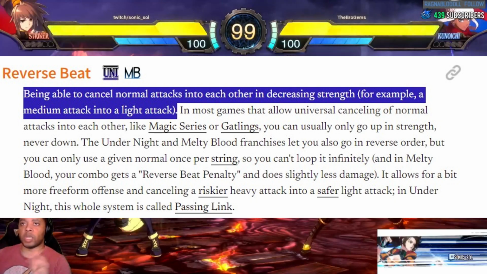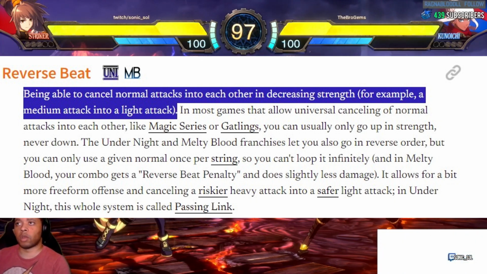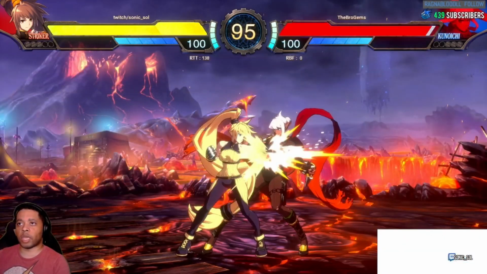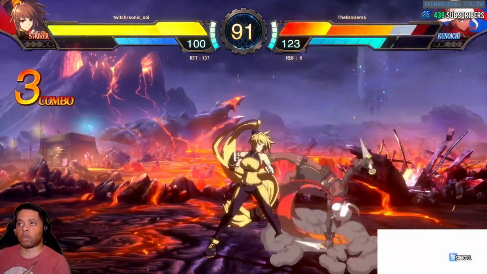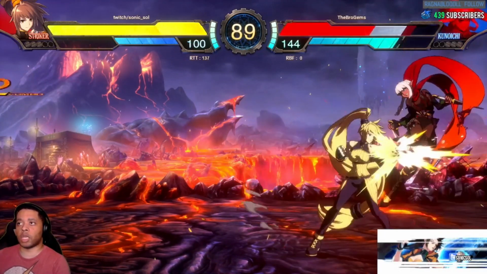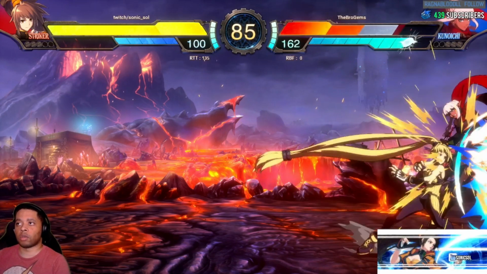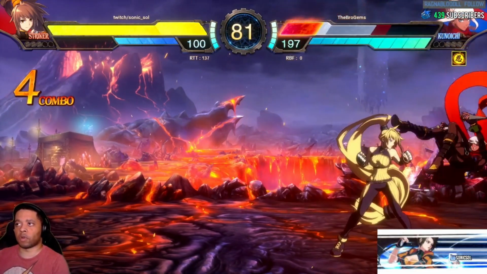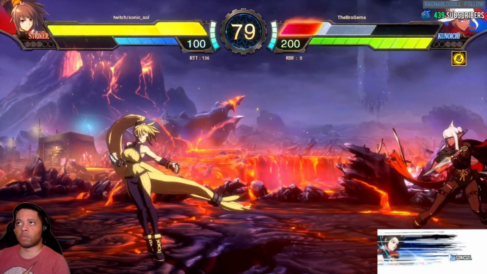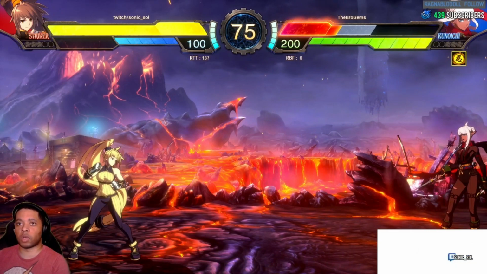With reverse beating, right, she can go from her heavy normals to her light normals, right? So most characters can only go like A, B, C, right? But she can go C, B, A. She can also go C, A, B, right? This also ties with her normals, so she can go into any of her normals here and reverse beat them. She can also reverse beat her aerial normals, which we'll talk about as well, and that's kind of where the